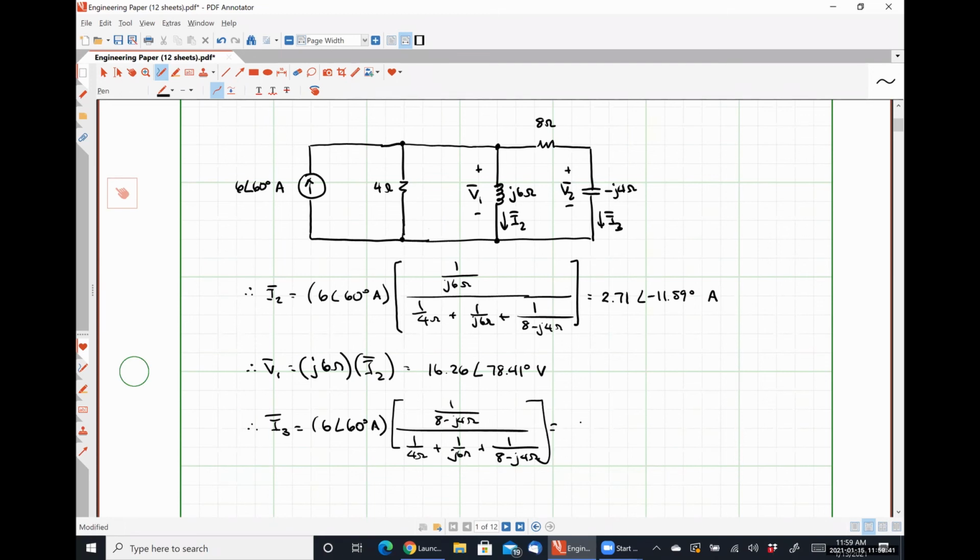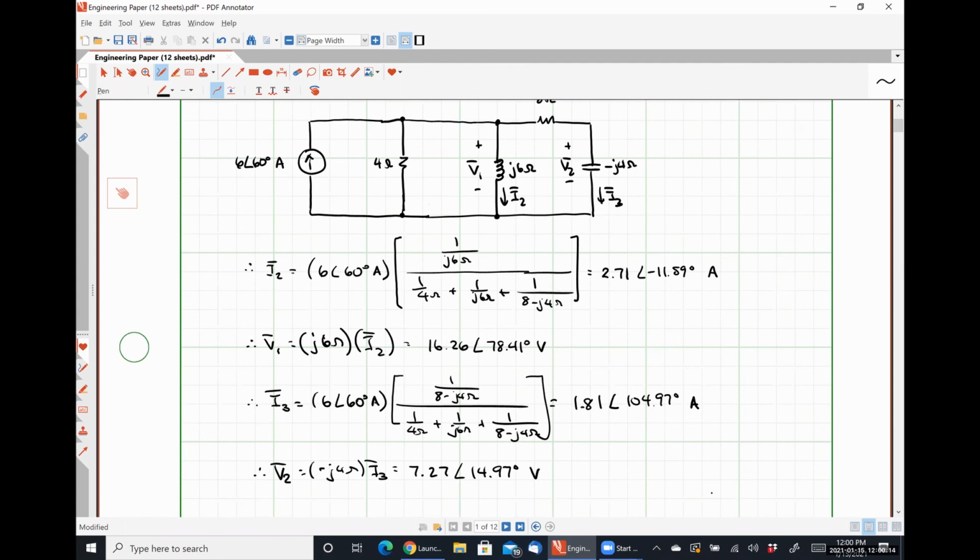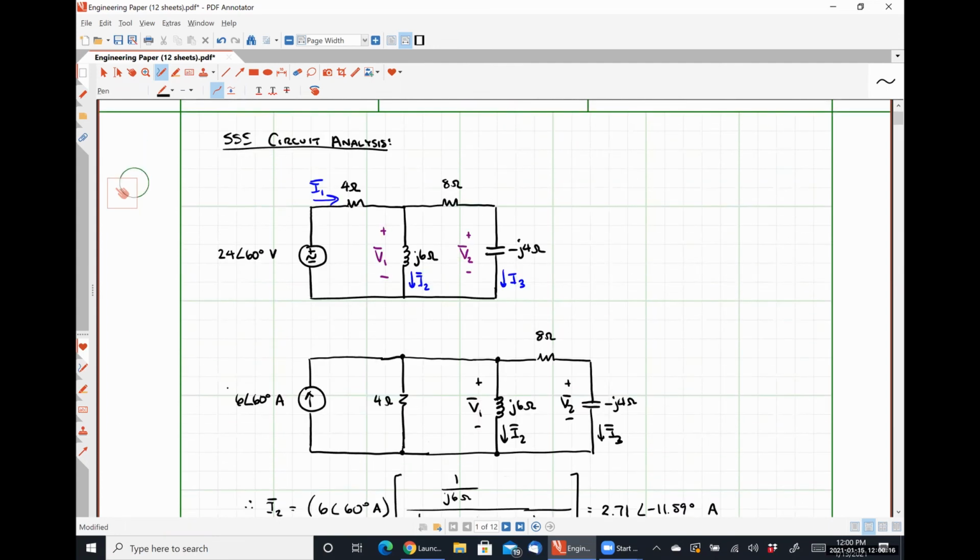is equal to 1.81 angle 104.97 degrees amps, which lets us trivially find V2: minus J4 ohms times I3, 7.27 angle 14.97 degrees volts. And lastly, now that we know all of that information, we would have to go back to our original circuit to find I1,